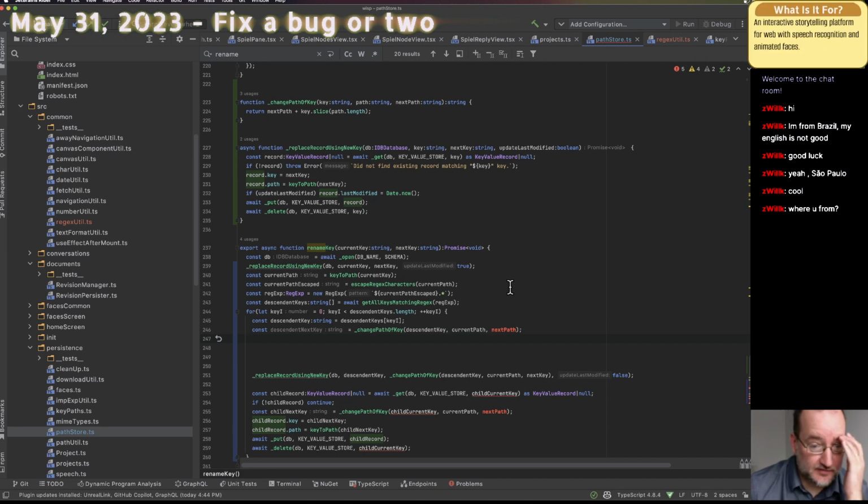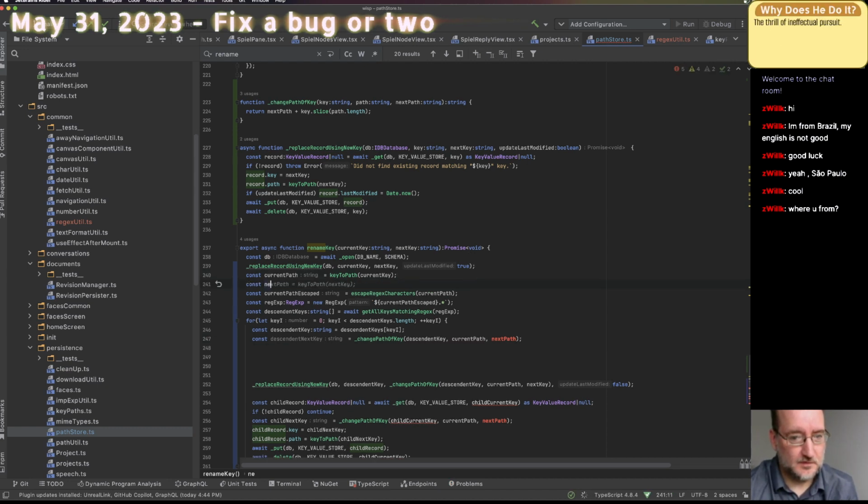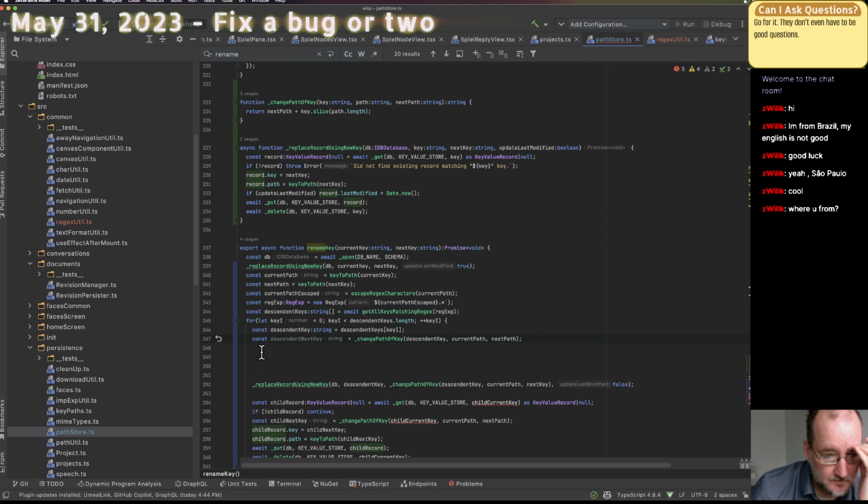So for that, say const current path to next path. That's the part that changes. Okay, descendant next key. Okay, replace record using key.